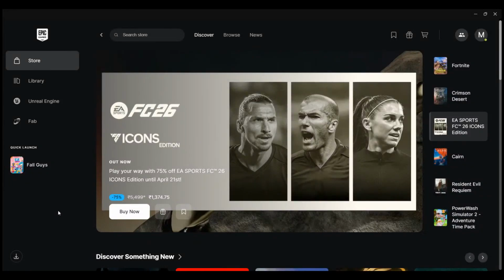If you want to stop Epic Games Launcher from automatically updating your games, you're in the right place. In this video, I'll show you exactly how to turn off auto updates in the Epic Games Launcher in just a few quick steps. This is really useful if you want to control when games update, avoid surprise downloads, or